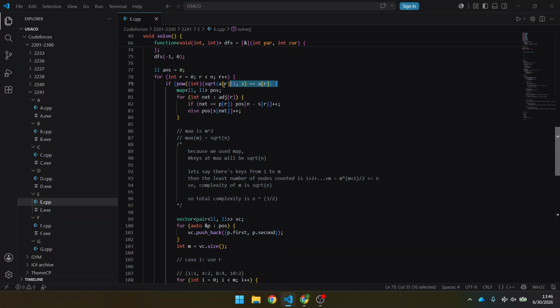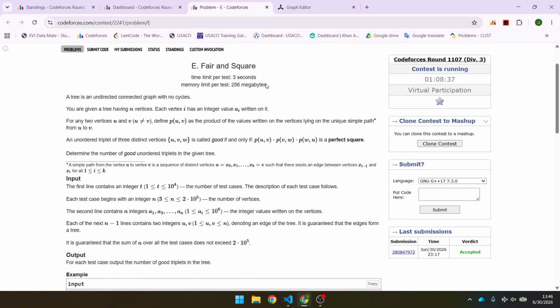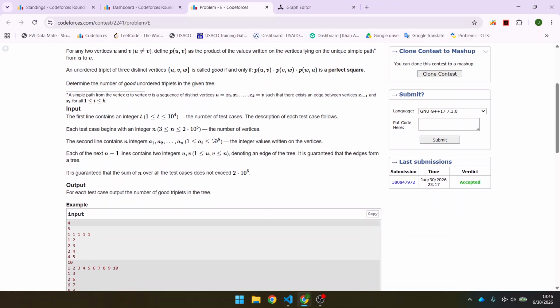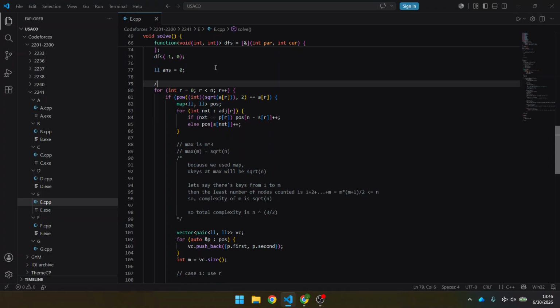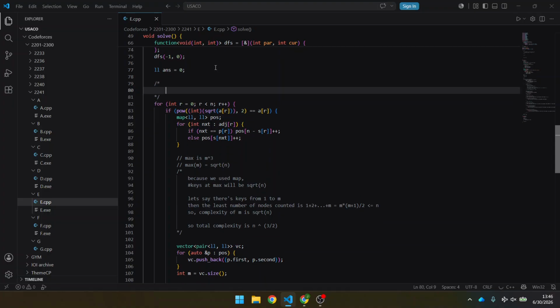And then outside over here, for every value, we take the square root and check if it's valid. Since the square root is 10 to the 6, so for loop total complexity,